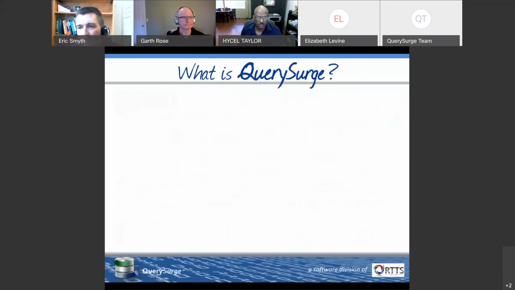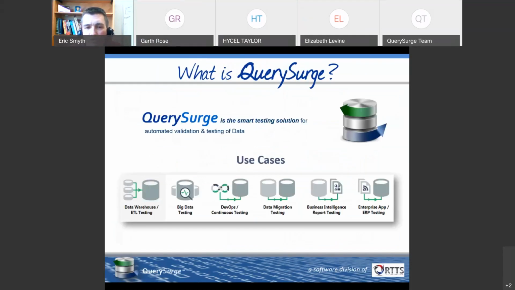Thank you, Garth. So the next thing I'd like to touch on is what is QuerySurge? QuerySurge is the smart testing solution for the automated validation and testing of data. We list our use cases here. We started our focus primarily around data warehouse and ETL testing. So being able to validate when you have many different sources that information is getting into the target data warehouse